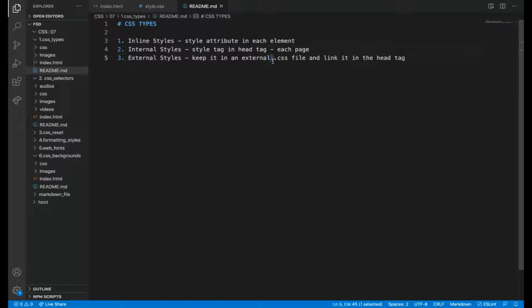Mostly we will use external styles only. Sometimes we will use inline styles. That we will learn when we start working, because there are some priorities. Say we have given color for the H2 tag as red in the external style sheet, and I am also writing a style for the H2 tag in the internal or inline styles.